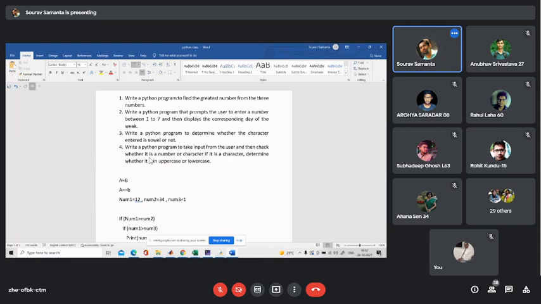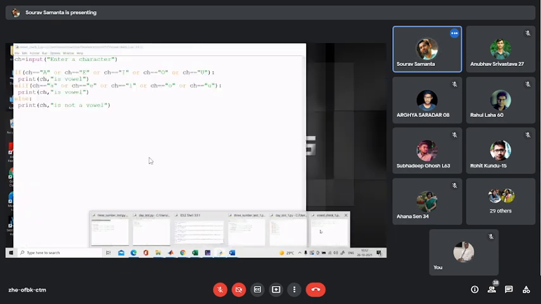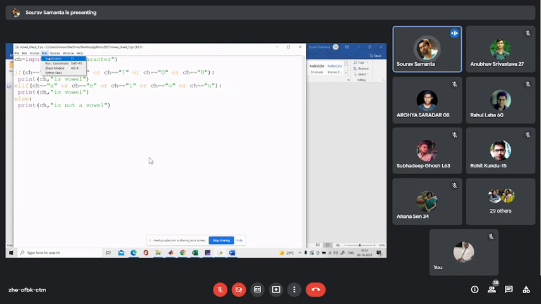If I write consonant and the user gives any other value, it may be a special character. Let's take the example here. Run the program.